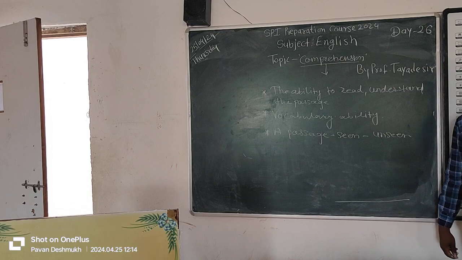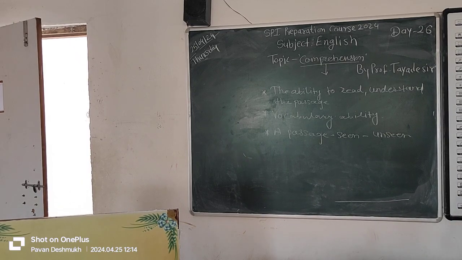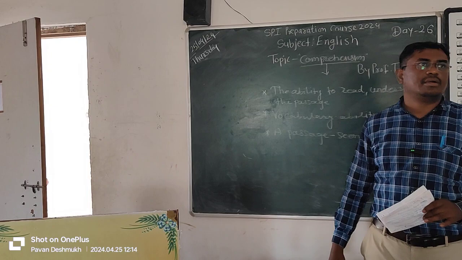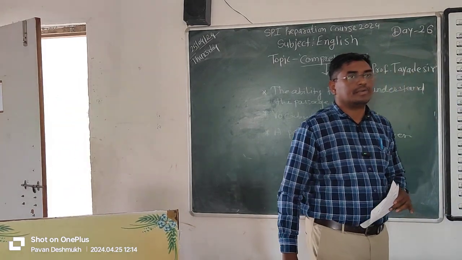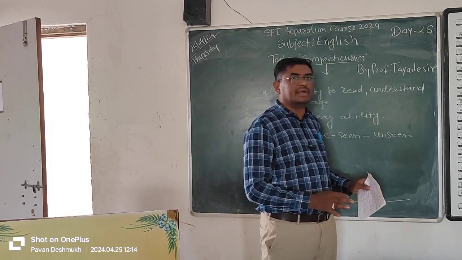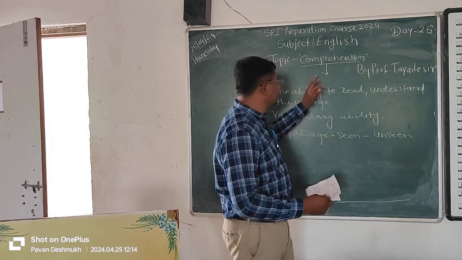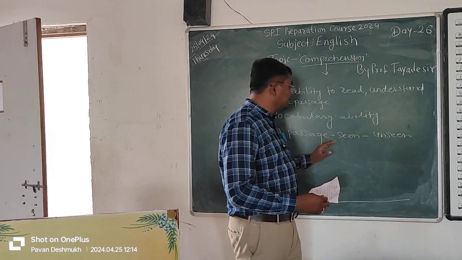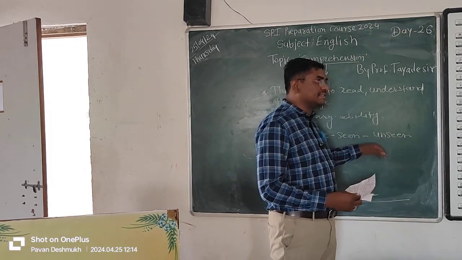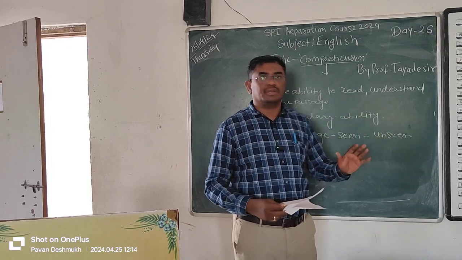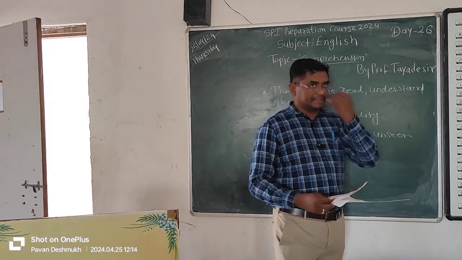What is seen and unseen? Which we experience. Unseen means the passage which comes from outside. Anybody else? What is the difference between seen and unseen? It's a very simple word. The passage is related to the comprehension concept. So we divide the passage into seen passage and unseen passage in that way. Up to the 10th, similarly, such kinds of passages come and we divide them into seen passage and unseen passage.